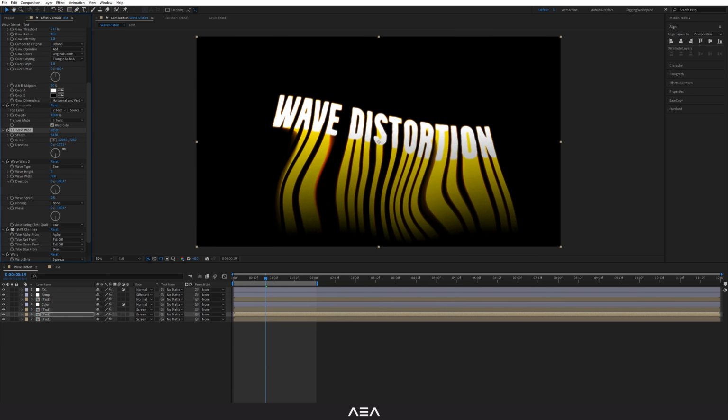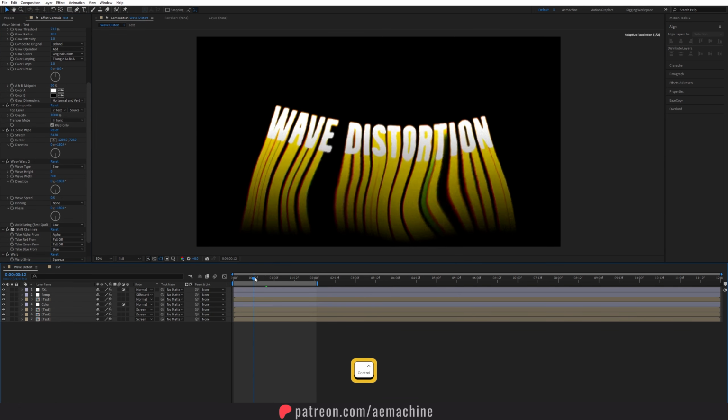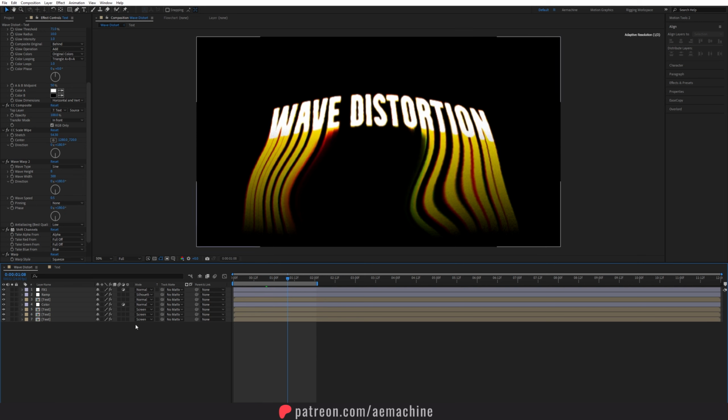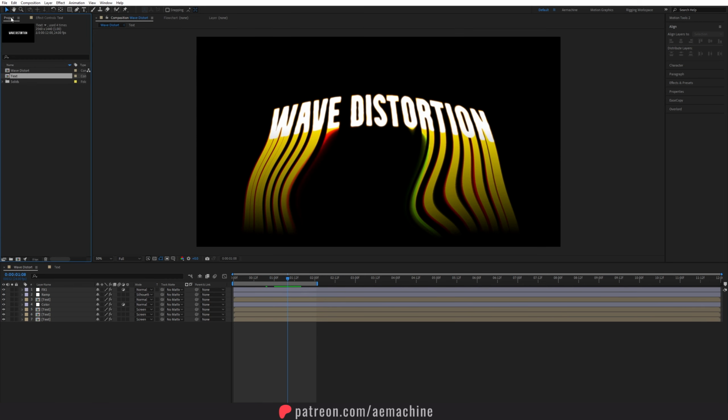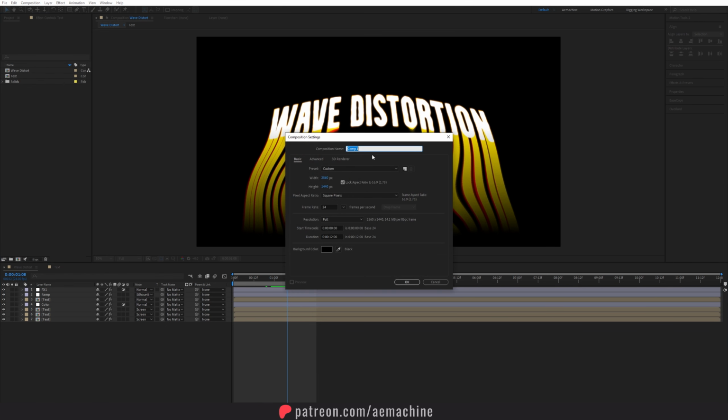You can also just play with the direction of the scale wipe. Don't go too much because it will give a weird result. And yeah, this looks pretty cool. I like it. Now let's create a new composition, and let's call this composite, and I'm gonna keep the same setting,